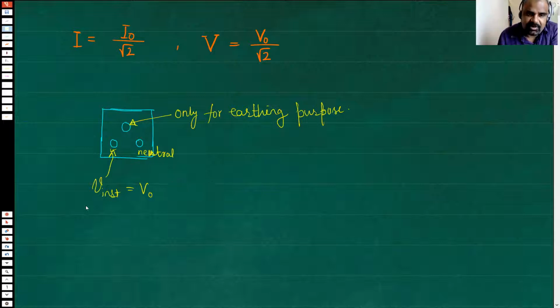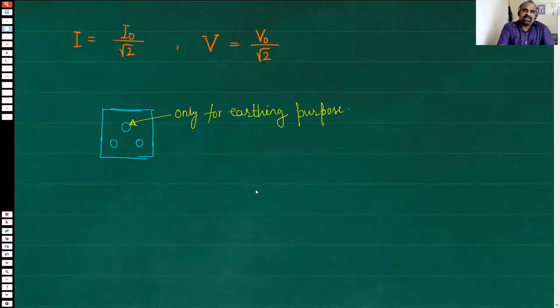Yeah. So here, sir, what we do is the neutral will be with respect to the other live wire. Yeah, it will be the live wire. The sign on the neutral will be with respect to the live wire. All wires, you will always notice that they always come in pairs, because current has to flow through a closed loop only. You see, current has to flow through a closed loop.